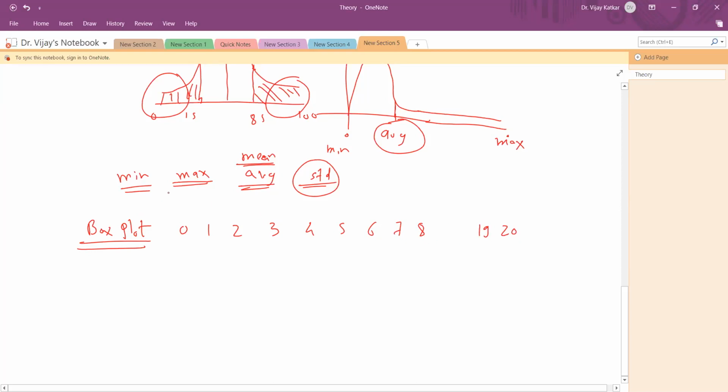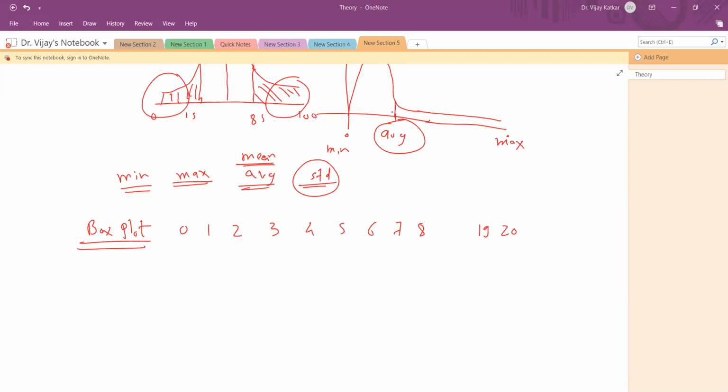In total I have 11 values, and those values are in sorted order. So first, what am I supposed to do? Should I calculate the average or the median? Anyone who is familiar with box plots: while calculating quartiles Q1, Q2, Q3 and the interquartile range, do we go with median or average? Median. Okay, Saima is saying we go with median. Amit sir, is it okay?